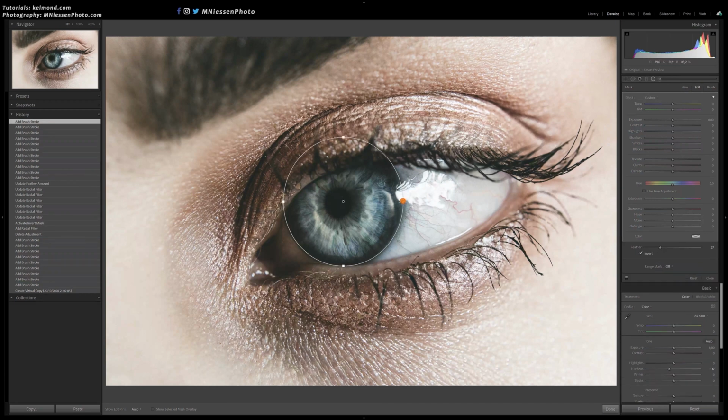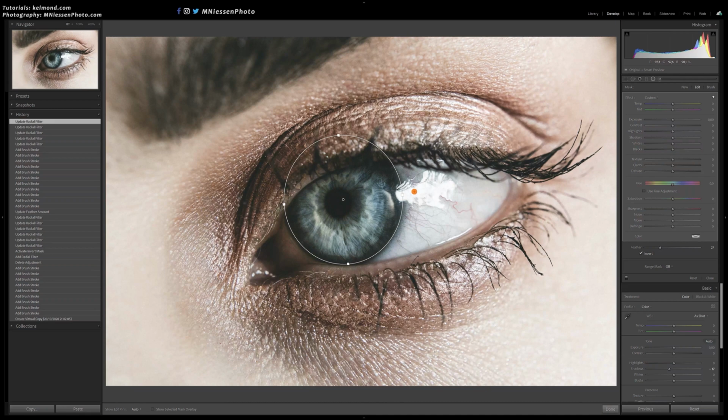Now let's say that I want to modify the radial filter. I can change its position, size, rotation, and the eraser strokes that I made are not affected at all. It gives you more flexibility to make adjustments to the filter. Now the selection is made, so the hard work is done, and we are going to change the color.